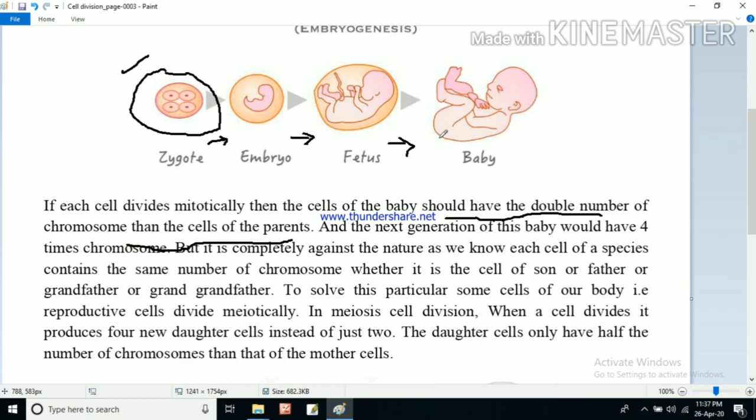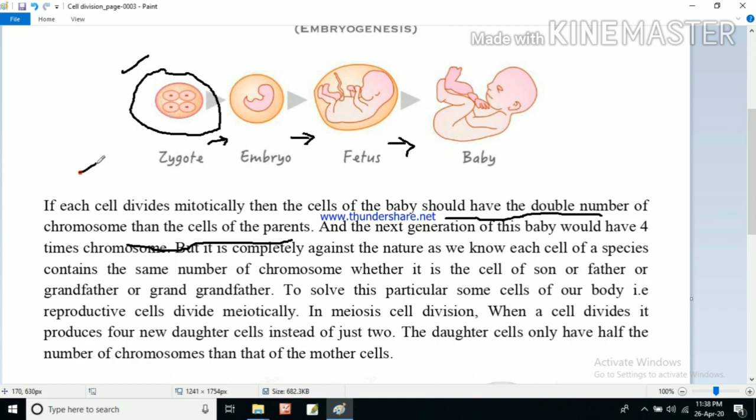What happens in mitosis? The daughter cells and the mother cells contain the same number of chromosomes. If all the cells, whether it is this reproductive cell or body cells, contain the same number of chromosomes, if all the cells, that is reproductive cells and body cells, divide mitotically, then the cells of the baby, because